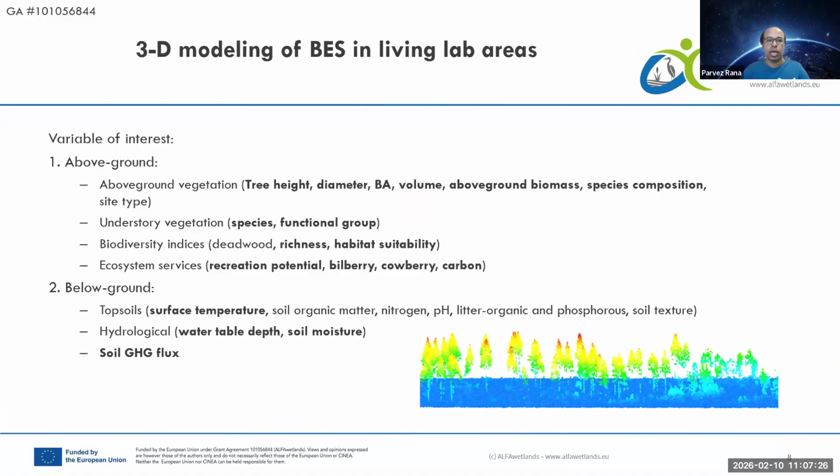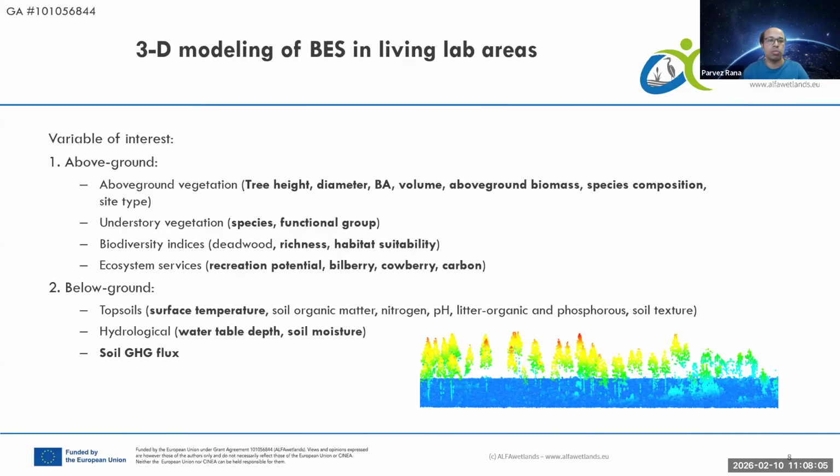So when you think about the forest and peatland, you might think that there are a bunch of variables you could map and monitor. In the Alpha Wetland projects we have done quite a lot. We have been following above-ground variables like tree structure, understory vegetation, dead wood, or habitat. So different kinds of information from our wetland we have been monitoring, but also some of them are below ground level